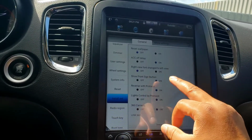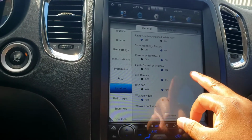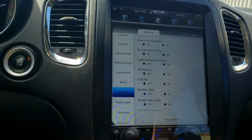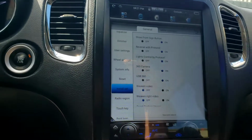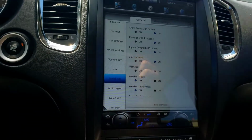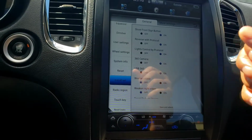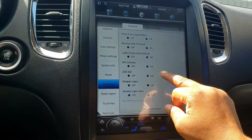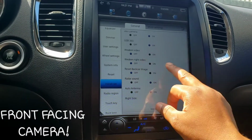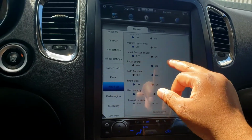Reset wallpaper. A lot of this stuff I do not know exactly what it does. I haven't had the chance to play around with it yet. But you have 360 camera. I don't have a 360 camera, but I did install a front facing camera, which I will show you guys. I put a rear view camera on here and also a backup camera. So you have 360 camera, USB 360, weekend video. I do not know what either one of them do. We can write video, reset back car image,